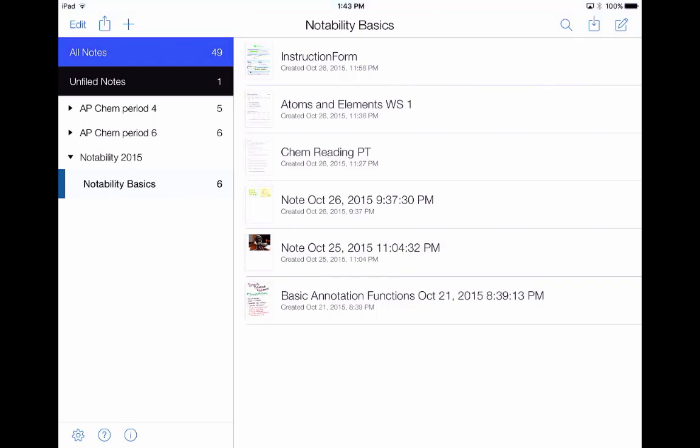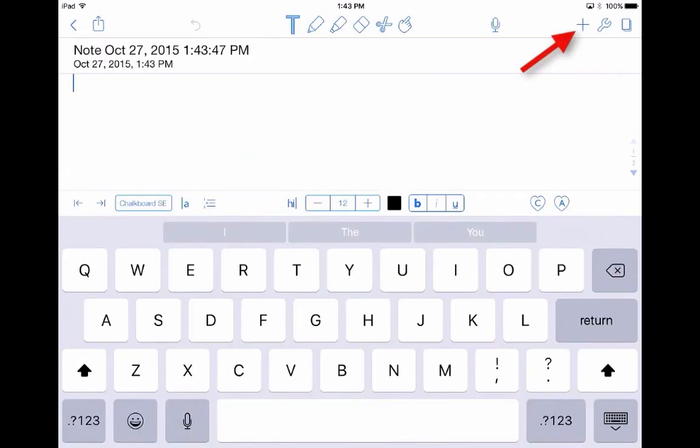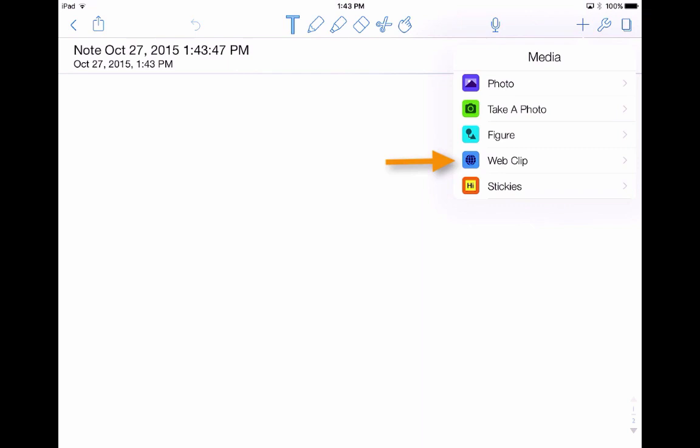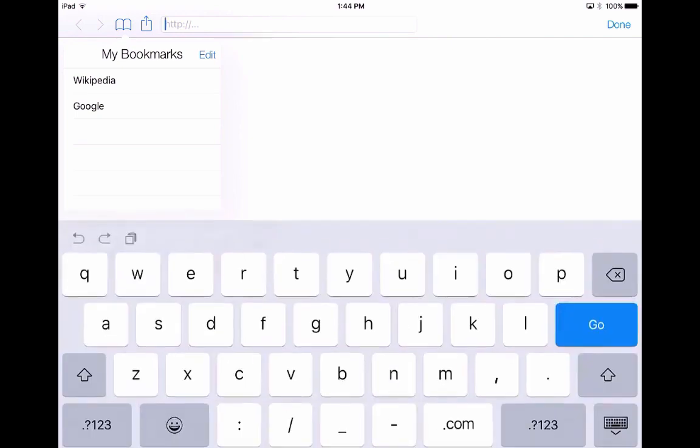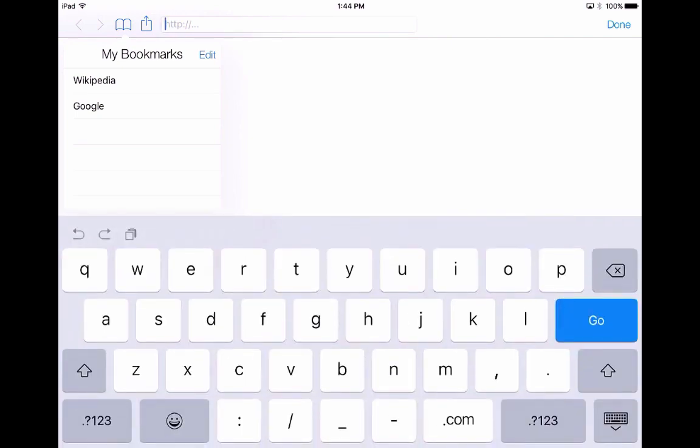I'm going to start out by creating a new note. I'm going to tap on the plus sign in the upper right hand corner, and I'm going to click on the icon web clip. When this icon appears, I can either enter in a URL or I can go to my bookmarks and tap on Wikipedia or Google. I do have a URL that I'm going to use, so I'm going to use